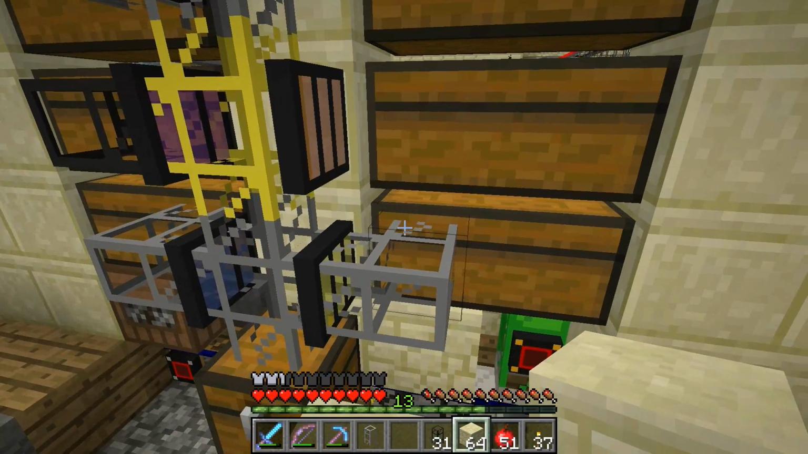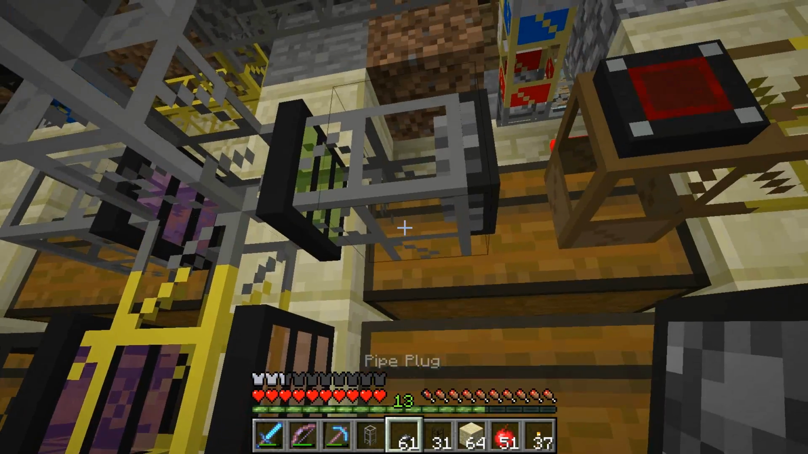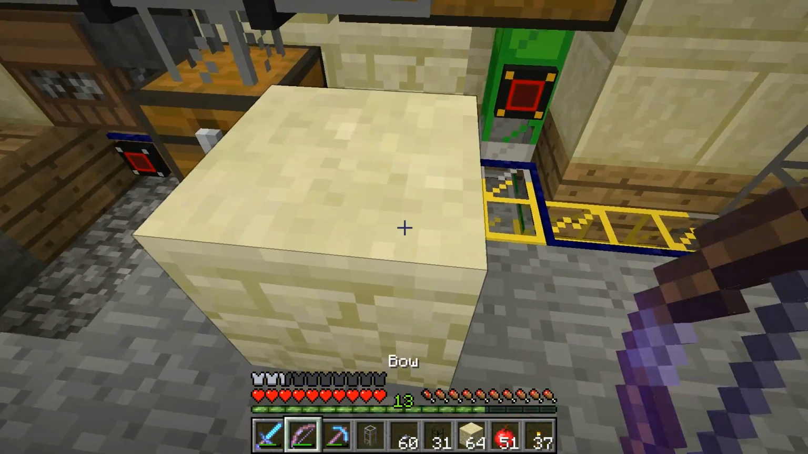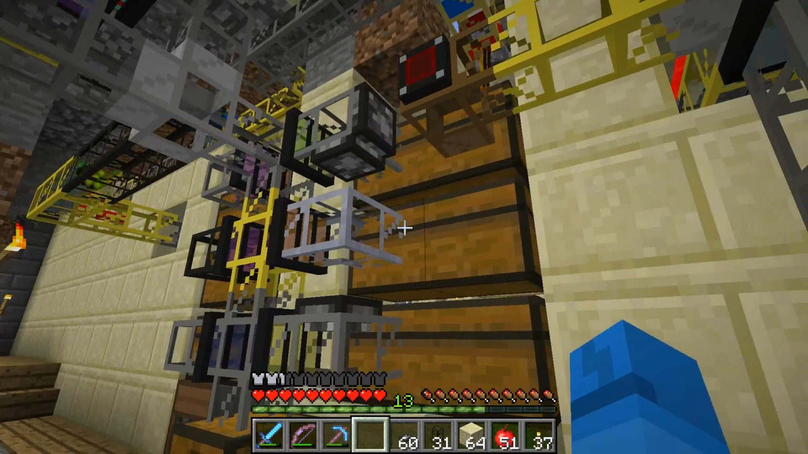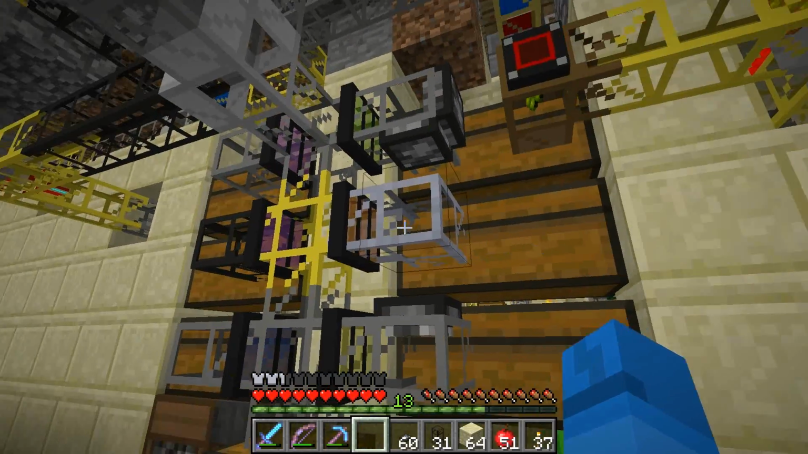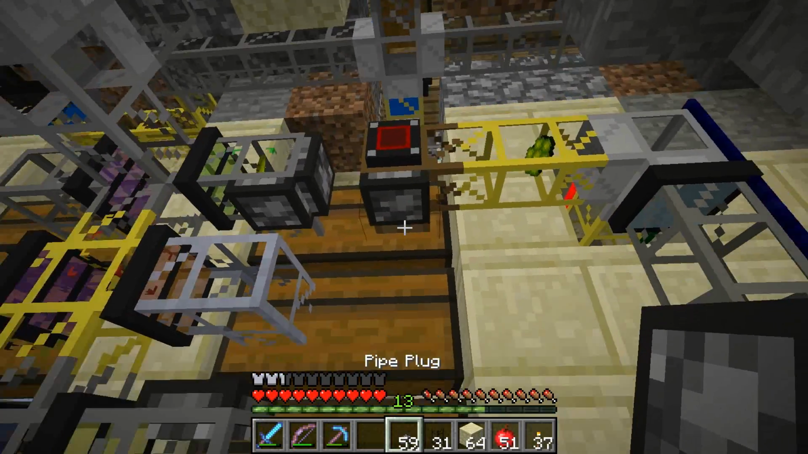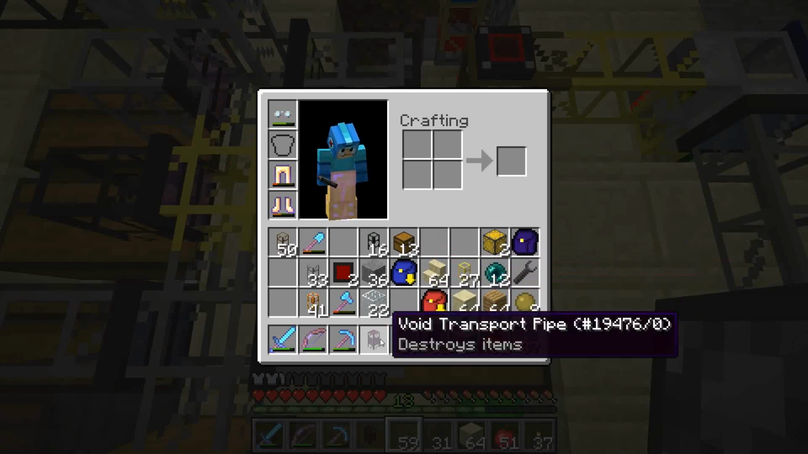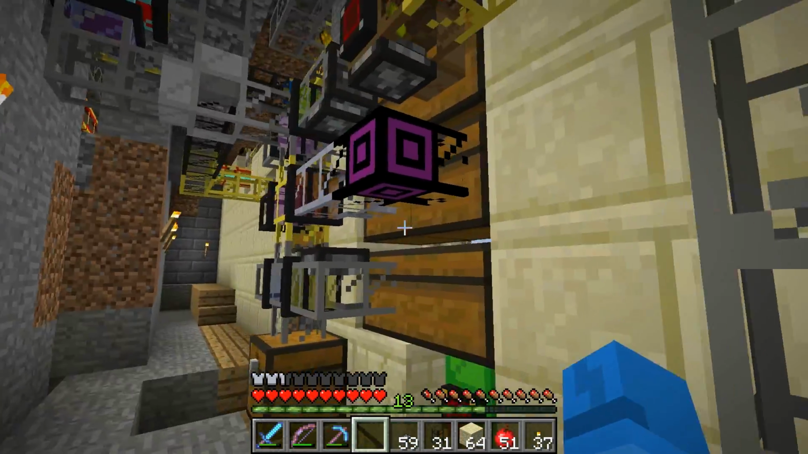Okay, we can use pipe plugs. I still have them right here. That's how we can do this. Pipe plugs all around. I love these things now. Yeah, I don't know why I didn't use them too often. So it will try to insert as much as it can. I'll put another pipe plug here, and then if it cannot, it will just void transport pipe this, and it's